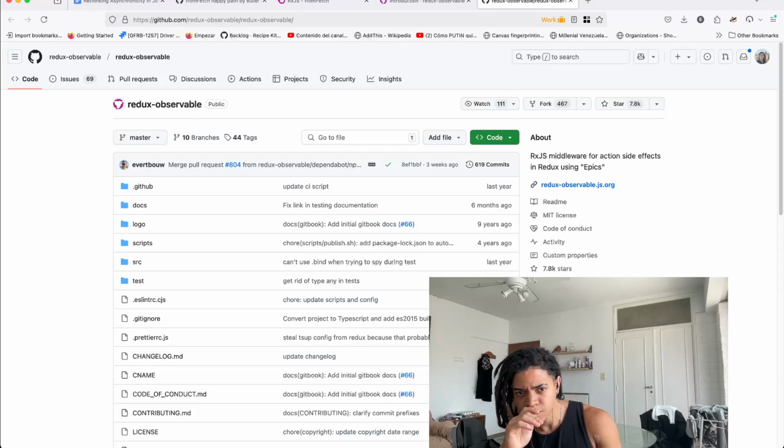Yeah, I mean, the docs are also, I think once you get the concept of how to do it, it's just hard to be clear too, also if you're using it in React, or if you're using it with Redux, right? Redux is also framework agnostic. I think Redux Observable with RxJS, and the docs themselves are, I don't know how to get to it from here, but I always know